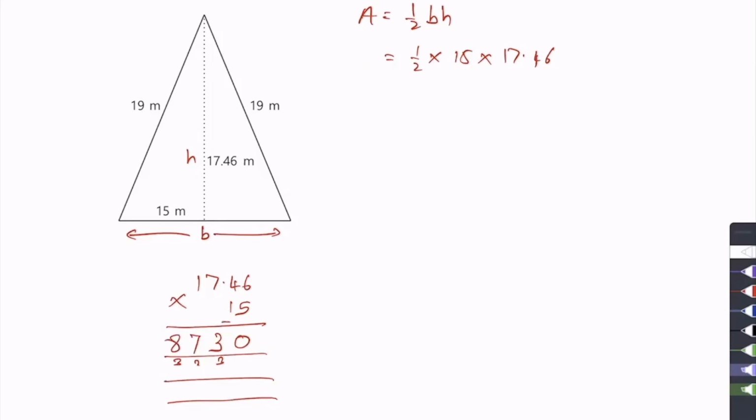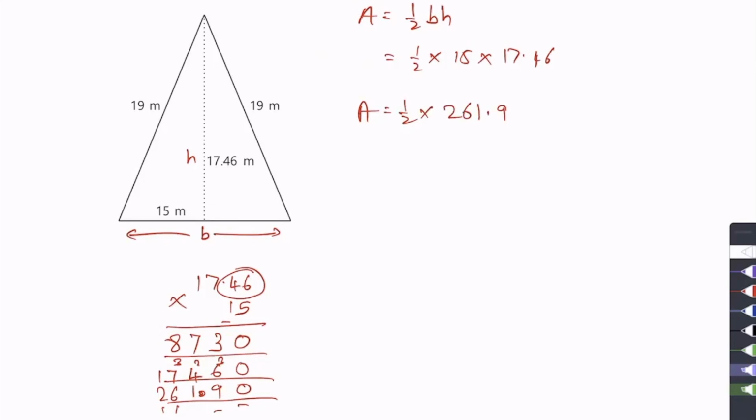New number, new line, start with a 0, 1 times 6, 1 times 4, 1 times 7, 1 times 1. Do the addition, 0, 9, that's 11, 16, and that's a 2. There are 2 numbers after the decimal point, 1, 2, gives me 261.9. So the area is a half times